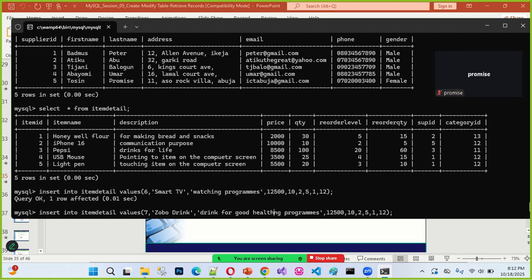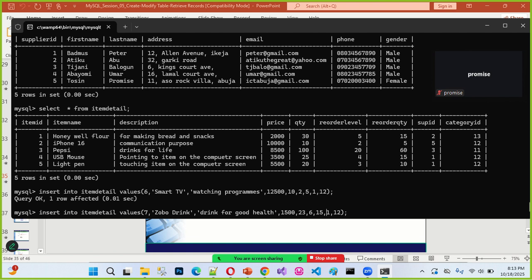And now how many now? I say 12. Okay, price 1,500. Okay, the quantity is 23 here now, and the reorder level is 6, and the other